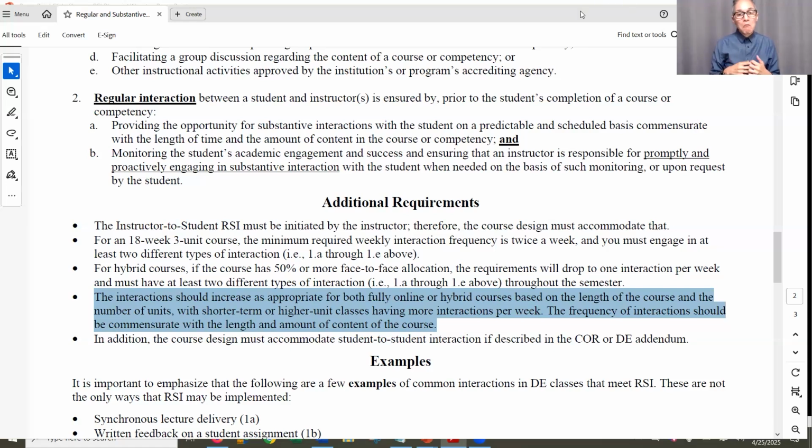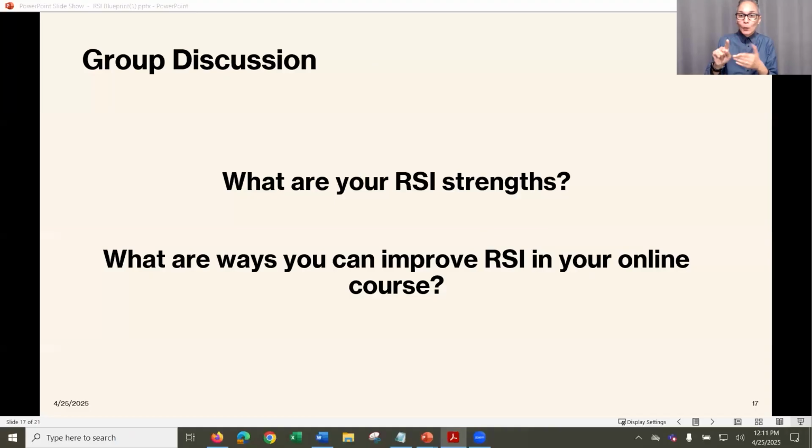So keep it reasonable. What is reasonable? But think in terms of that. Think in terms of, if you've got a 9-week course, it's a 3-unit, just double it. Maybe for most weeks, try to double it. That should be what you aim for. But it doesn't necessarily have to be an exact formula.